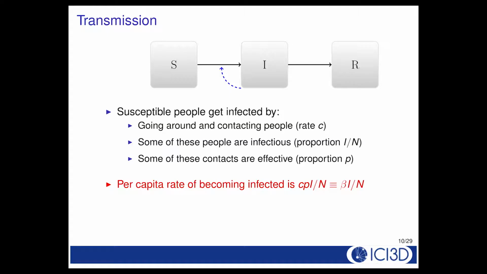Of the people I contact, if I'm a susceptible, some of them are infectious, and of the infectious people I contact, some proportion of these contacts are going to be effective. So I'm going to define an effective contact exactly as a contact which will transmit the disease, assuming one of the people involved is susceptible and one of the people involved is infectious. And so the per capita rate at which susceptibles become infected is CP, it's the contact rate times this proportion of people that you meet who are infectious times this probability,